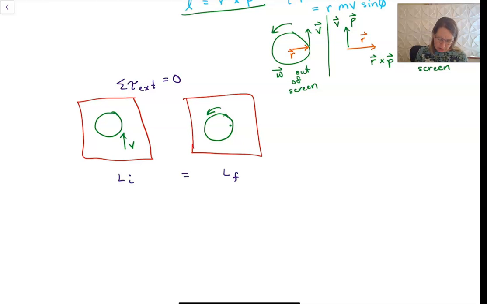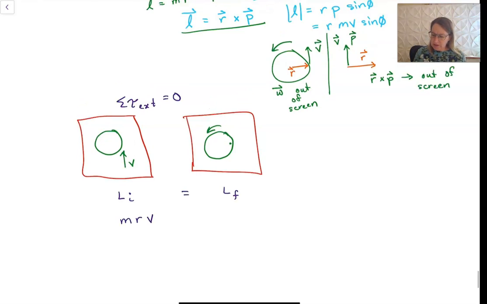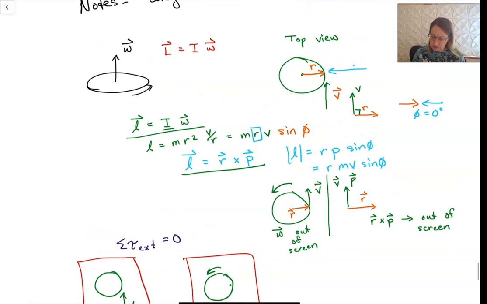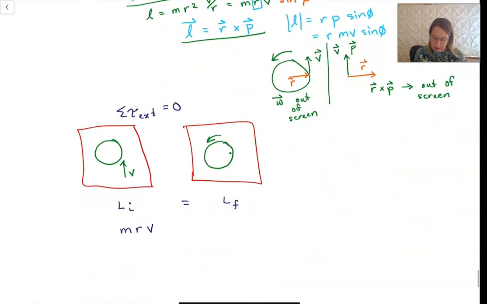Because the merry-go-round is at rest, for the kid it would be m r v, as we've already seen, because our angle is 90 degrees and sine of 90 is 1, equal to now I of the merry-go-round plus I of the kid sitting on the merry-go-round, times our omega final. And so we could find our final speed based on how fast the kid is going when they land on